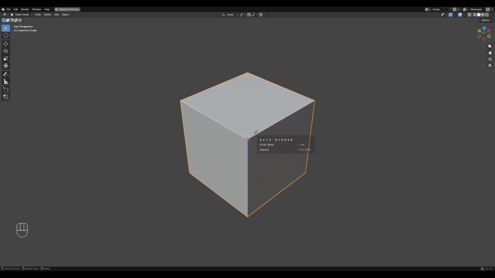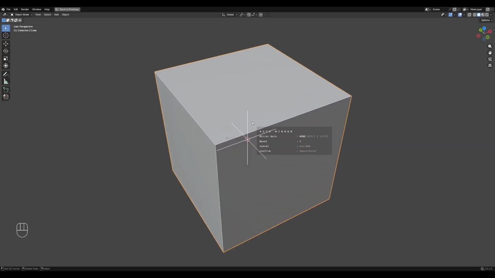Click on the area you want mirrored. This will be the real geometry. You will have the 3D axis here that will color up once you press XYZ or 1, 2, 3. 1, 2, 3 represents XYZ. And if you look over to the 3D axis, X, Y, and Z is equals to RGB. So X is red, Y is green, and blue is